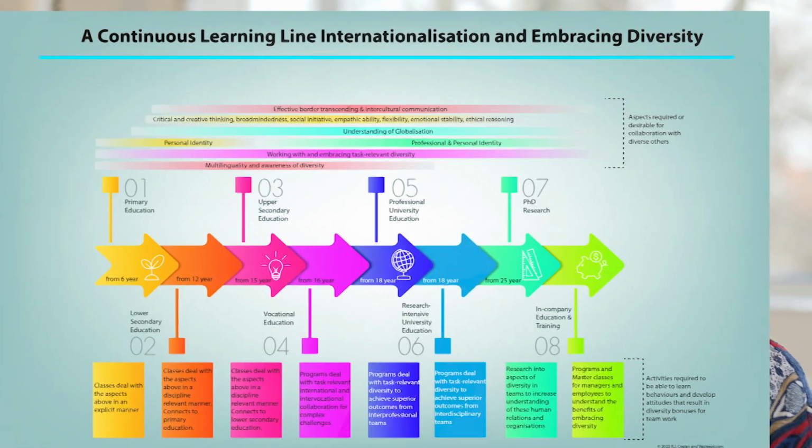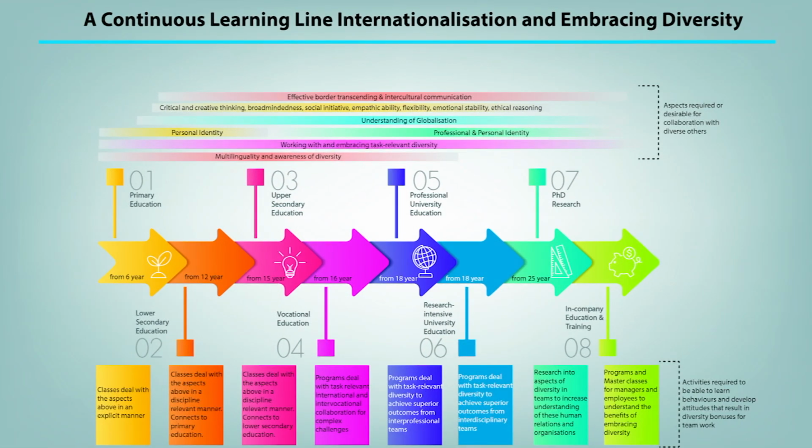Yeah, let us get on to another hobby horse of mine, which is this continuous learning line. In my humble opinion, children at the age of 6, you can have much more influence on their attitude to something than someone who's 18 or 19. And if I look at a continuous learning line, let's call it embracing diversity, whether that's national, ethnic or other forms of diversity, embracing diversity to the supreme level of creating a diversity bonus, I think we need to build slowly and give